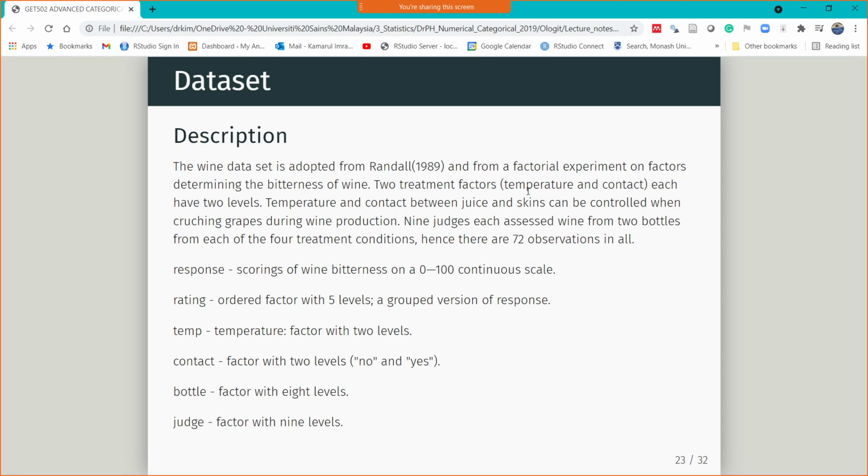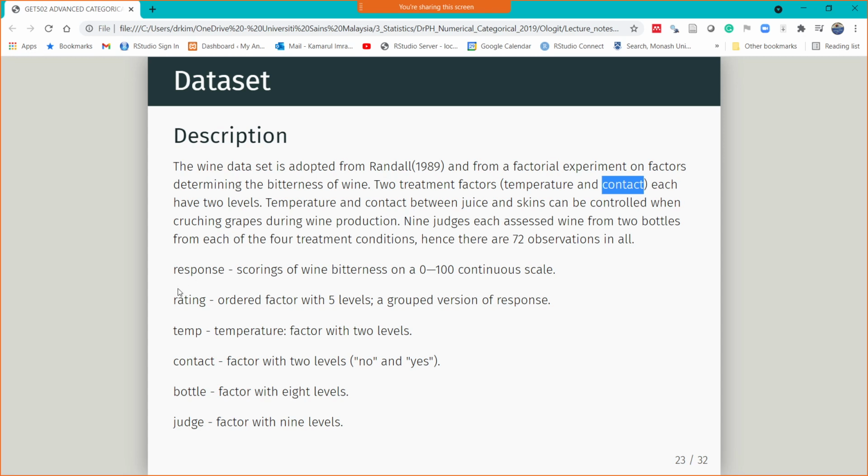Okay, there are two covariates, temperature and contact. Each of temperature and contact has two levels. Okay, no and yes. Temperature, I think hot and cold, if I'm not mistaken. And rating, the response. Okay, the response of wine bitterness, a 0 to 100 continuous scale, and